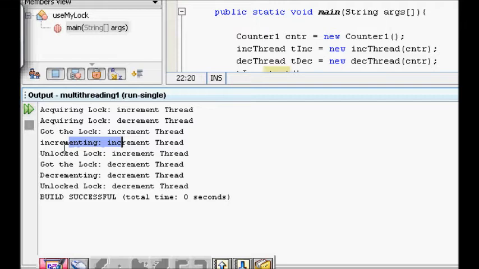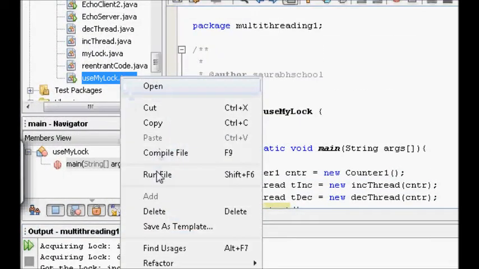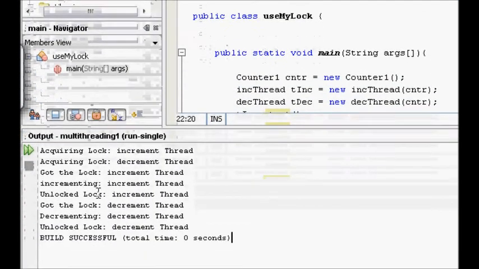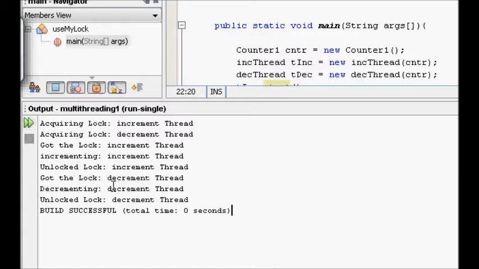It incremented the value, unlocked, and only then did the decrement thread get the lock, while it was waiting all the time till here. Then it decremented and unlocked. So you see that when you run multiple times, different possibilities might be there. But when one thread acquires the lock, it will run the whole method, and only then will it leave.